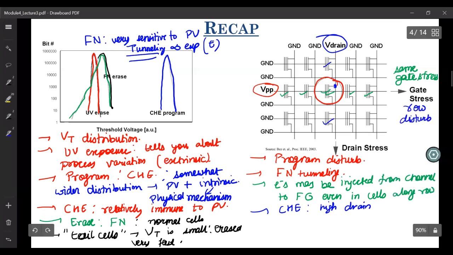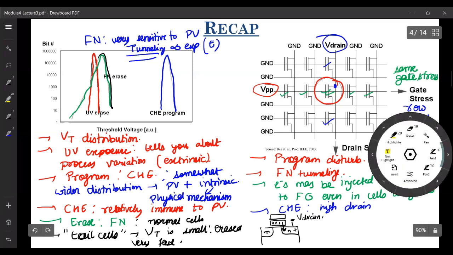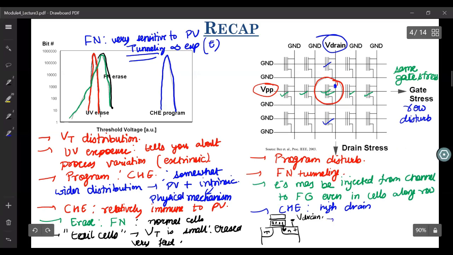So if you have a MOSFET like structure, let's say this is your floating gate and this is your control gate. Let's say this is your drain, this is your source. What happens is, because of this applied high V drain, some amount of charges which are already in the floating gate may tunnel towards your drain. So what may happen is, we write it. So existing charges